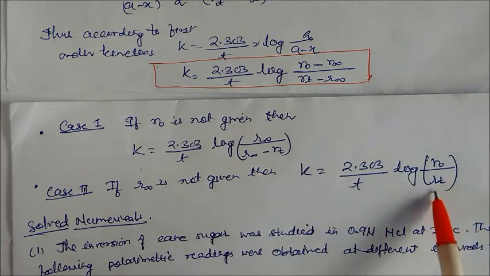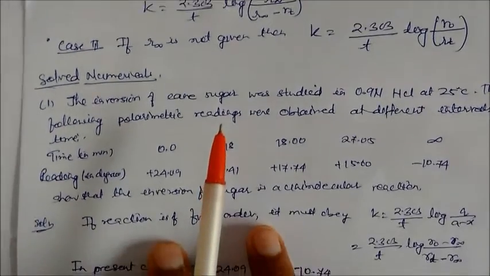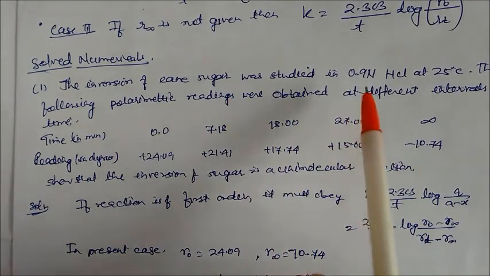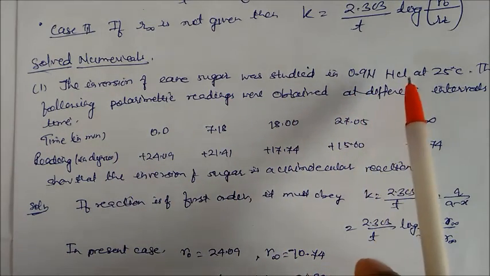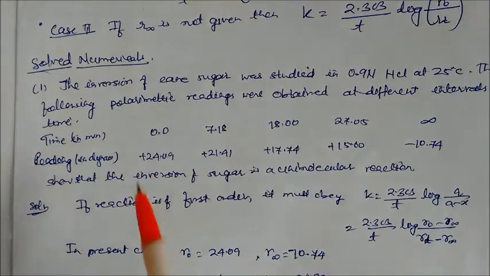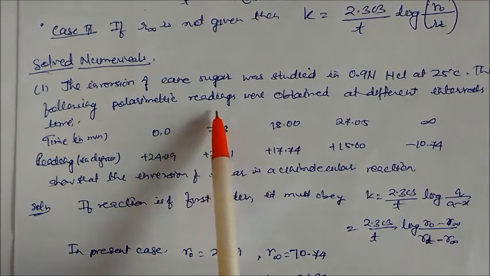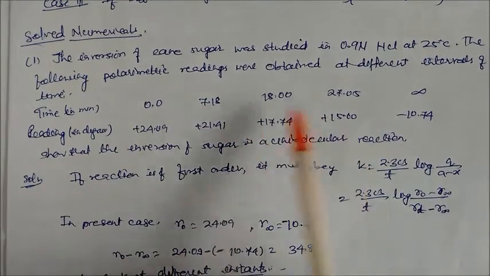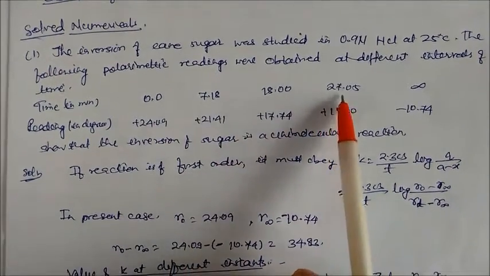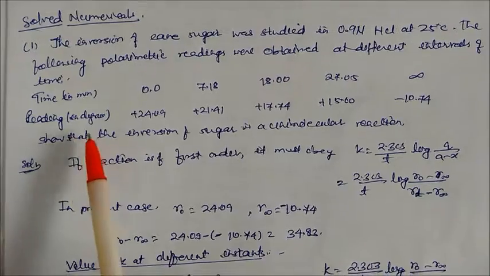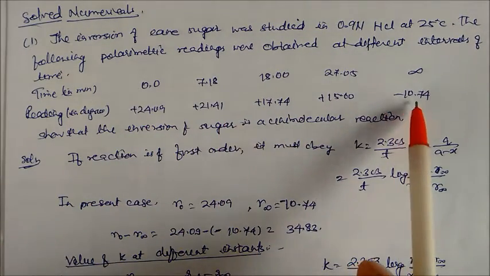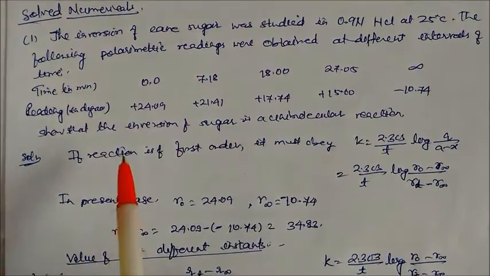So now we will see some solved numericals based on this. The inversion of cane sugar was studied in 0.9 normal HCl at 25 degrees centigrade. The following polarimetric readings were obtained at different intervals of time. So these are the different times in minutes: 0, 18, 27, infinity, and the readings in degrees are 24, 21, decreasing, and becoming minus 10.74 degrees, so that the inversion of sugar is a unimolecular